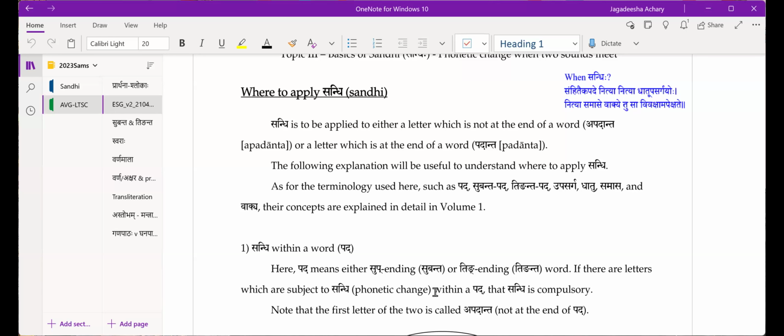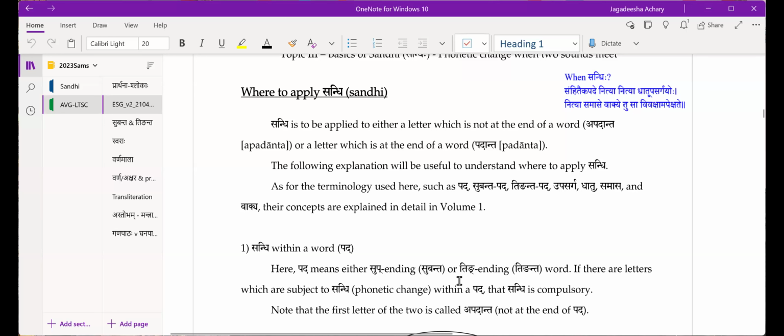Okay, there are 7 vibhaktis. I think everybody has heard this word: Pratama, Dvitiya, up to Saptami, plus Sambodhana. So these 7 vibhaktis, and then there are 3 vachanas: Ekavachana, Dvivachana, Bahuvachana. So all these 21 case endings, so-called case endings in English, are called vibhakti endings. And the endings are determined by the vibhakti pratyayas. These vibhakti pratyayas are called sup.